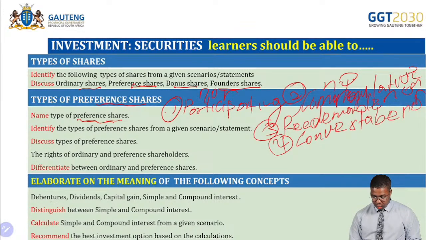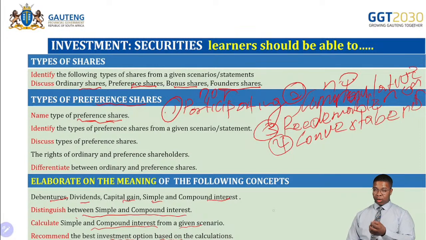Concepts of investment, which are debenture, dividends, capital gain, simple and compound interest. What becomes very, very key there is the differences between simple and compound interest, the calculation of compound and simple interest from a given scenario, and the last question can be to recommend the best investment based on the calculation. So obviously the investment or the calculation that gives you more interest between simple and compound becomes the best